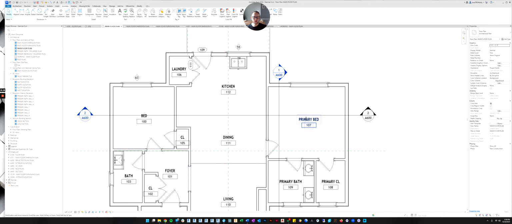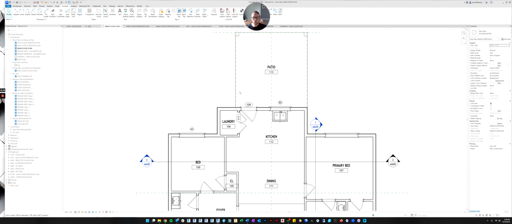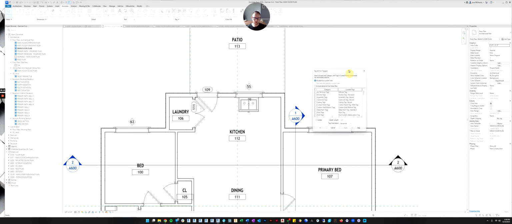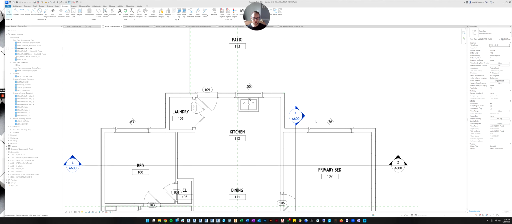All right, so you can go through and one by one tag everything, or there's another command I'd like you to learn. If you go to the Annotate tab on the ribbon, next to where it says Tag by Category, there's something called Tag All. If you click that, a dialog box will come up. And this is going to tag anything that's not already tagged in the view. And then you can pick what you want tagged. So we're going to look down the category list here, and we want doors, and we want windows. And we could have done this with the rooms. So doors and windows, and we're going to click OK.